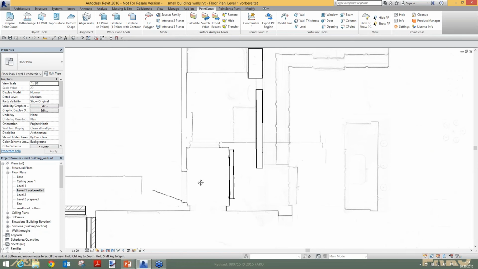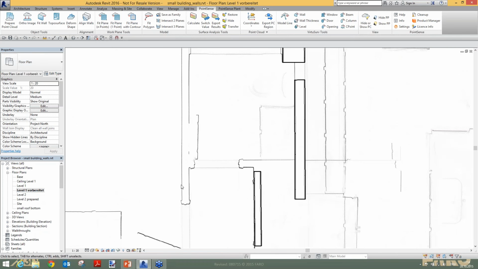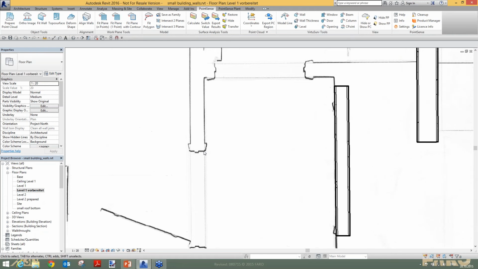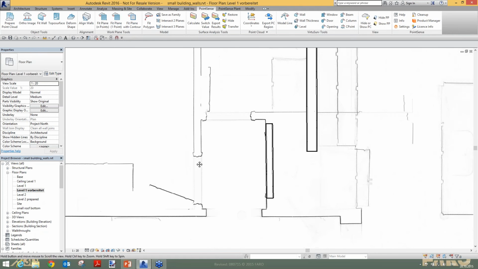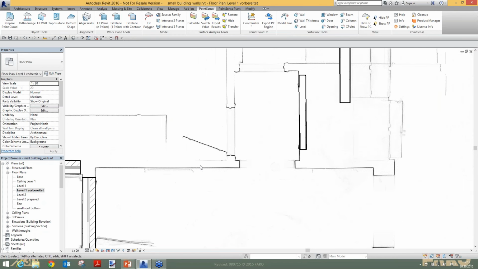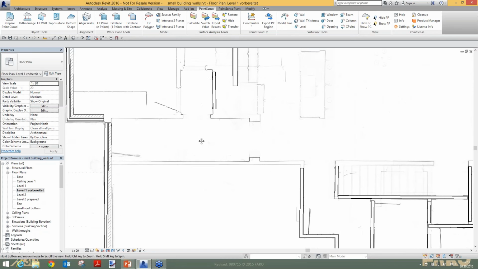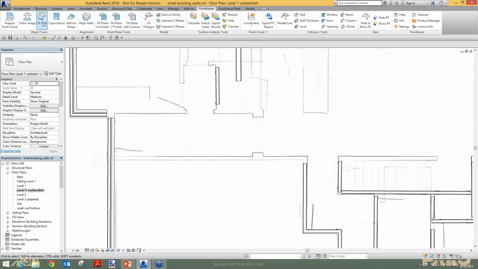This is the prepared floor plan with the point cloud, and as a side effect, we have a much clearer view of the point cloud. So you can see here all the walls in the point cloud, and you can see all the details from the door here. Okay. So in this prepared point cloud, I want to show you how we can fit some